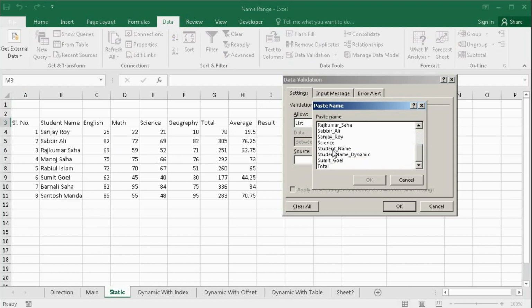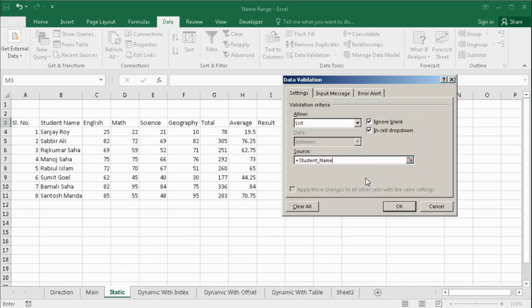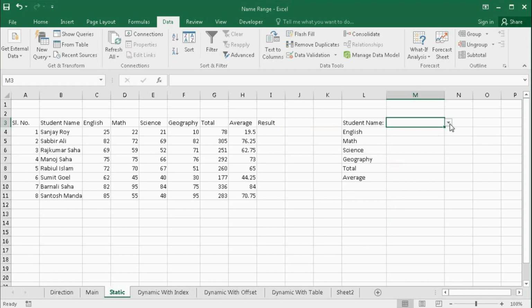Select student name. OK. So here we got the different names as the name range is created. From Sanjoy Roy to Santosh Mondol, I have selected Sanjoy Roy.